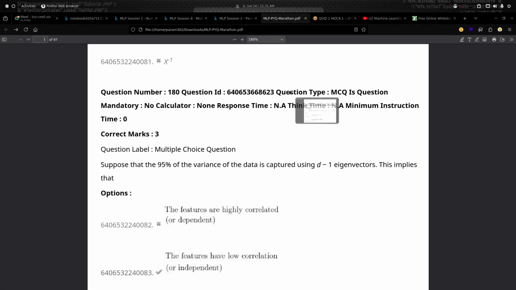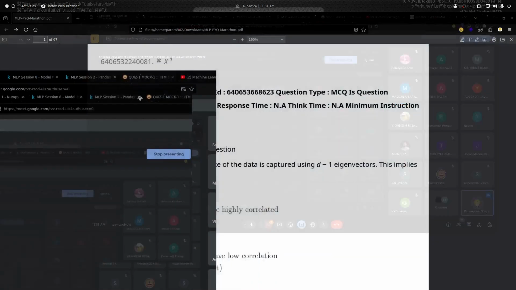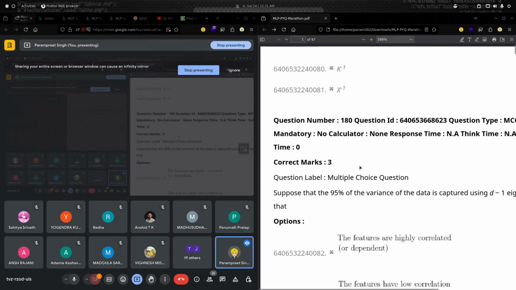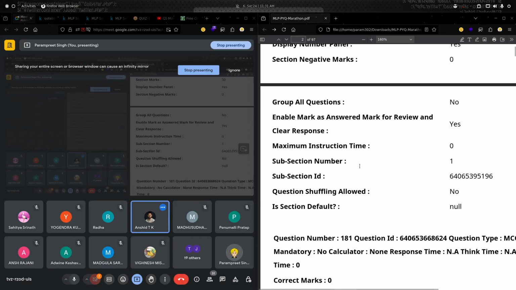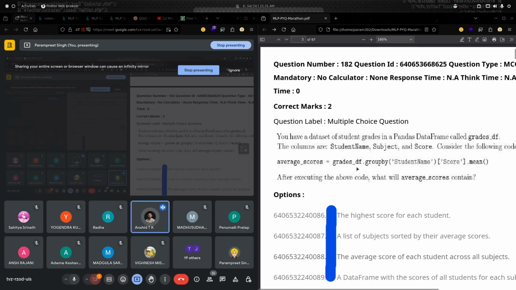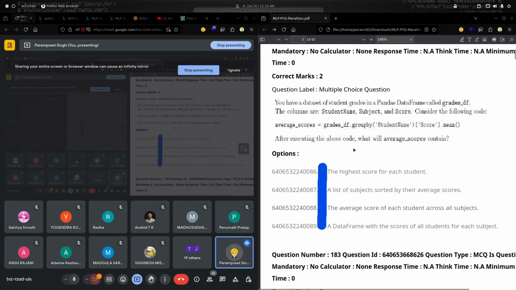Okay, so I think we should move on. For the PYQs, let me open it side by side. Is the PDF in the group? PDF is in the group. I will share it once again. I have downloaded it from the group itself. Okay, so see, there are various questions. आपको जिस question में doubt होता है, you can simply ask, and we will discuss it.